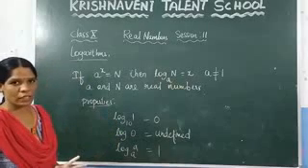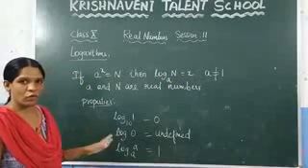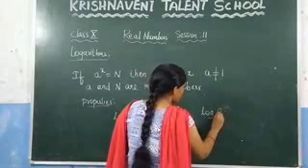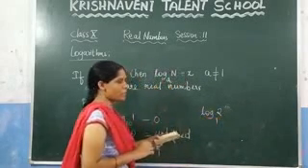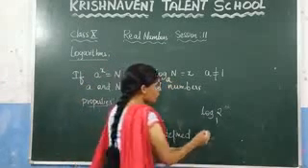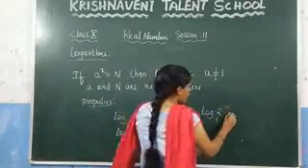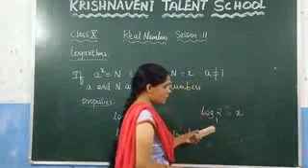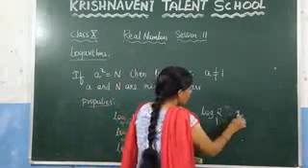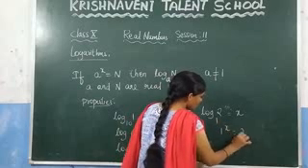Why should this base not be equal to 1? If you take 1, what will happen? Let us take an example and solve it. Log 2 to the base 1. Here, what they told is that the base should not be equal to 1, so here we took it as 1. Now if you want to find it, let us write it as x. By using the exponential form, we can write it as 1 power x is equal to 2.